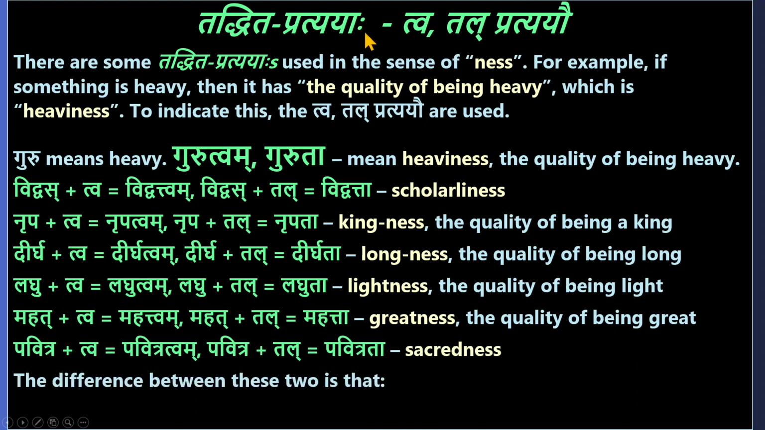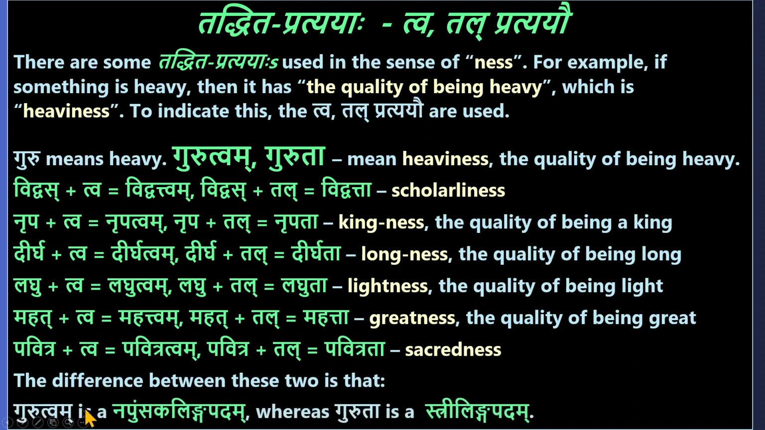What is the difference between tva and tal pratyayas? The difference is that gurutvam is a napumsakalinga padam, whereas guruta is a strilinga padam. So vidvatvam, nripatvam, dirghatvam, laghutvam, mahatvam, pavitratvam are all napumsakalinga words, whereas vidvatta, guruta, nripata, dirghata, laghuta, mahata, pavitrata are all strilinga words. Going further,